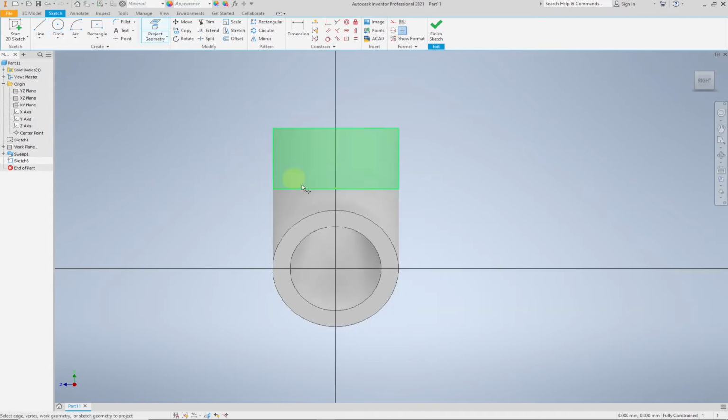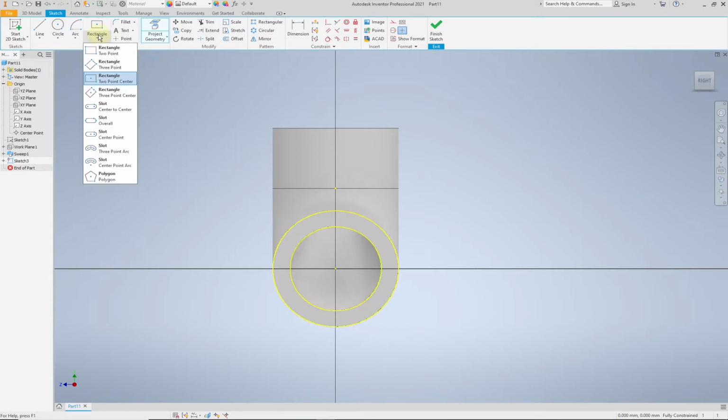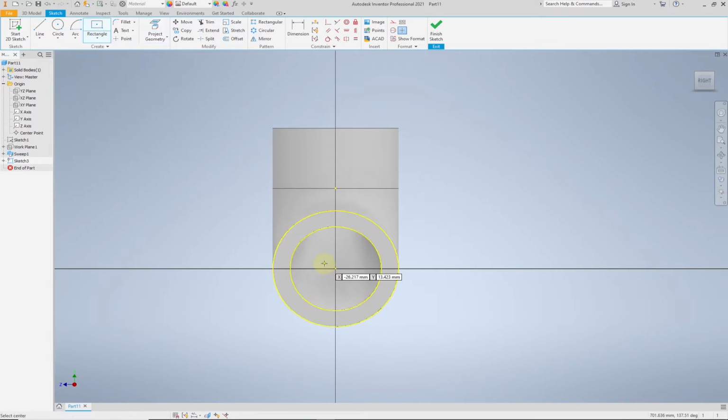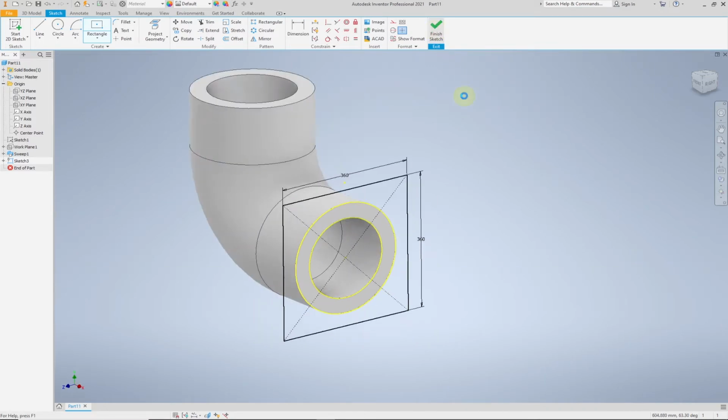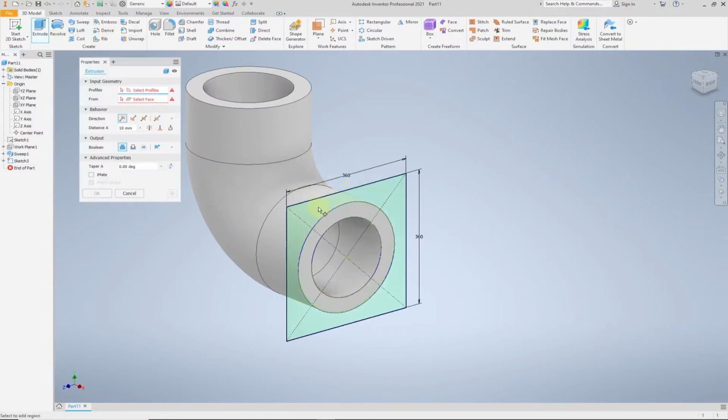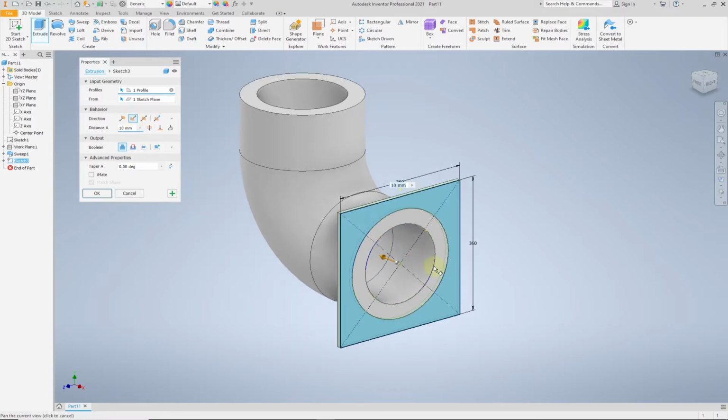First, project the geometry here, the circle geometry, then create a rectangle, 2-point center rectangle, and the center is at the center point here, and the dimension is 360 and 360. Okay, then finish sketch. We extrude this sketch, choose this profile here and flip direction here, and the distance is